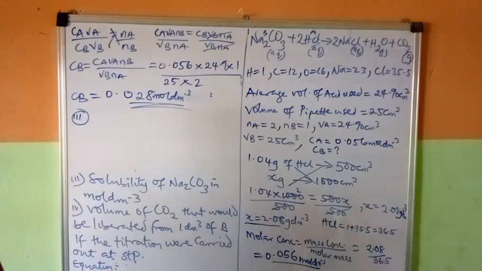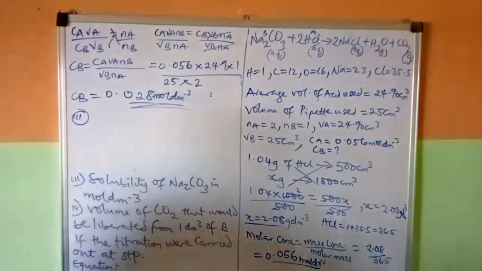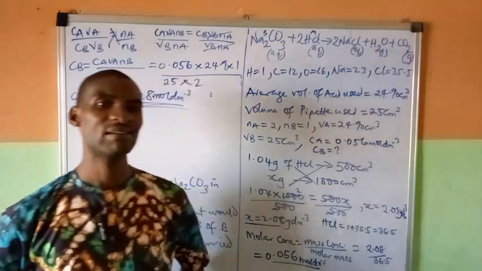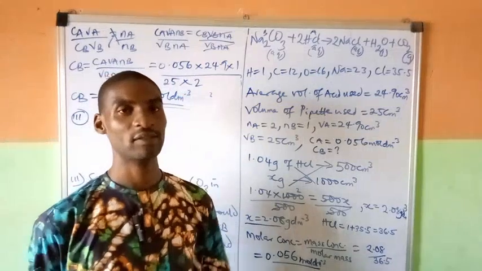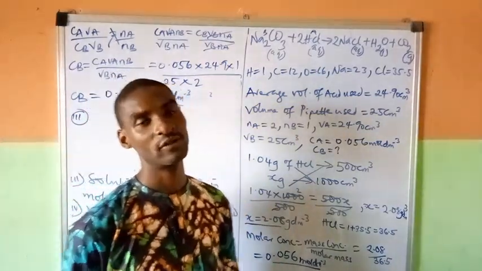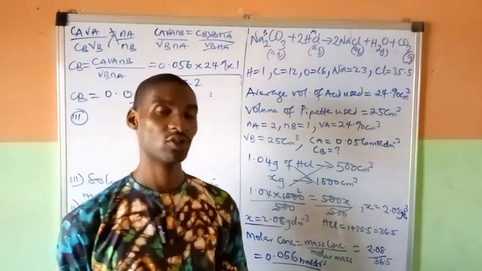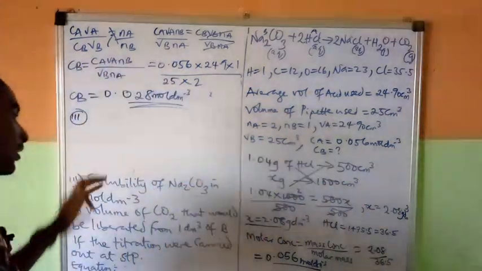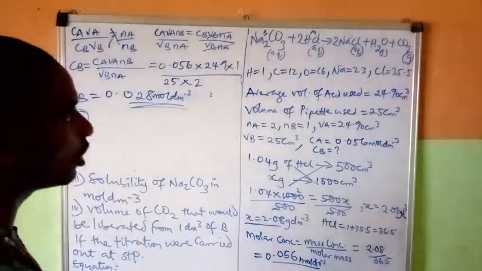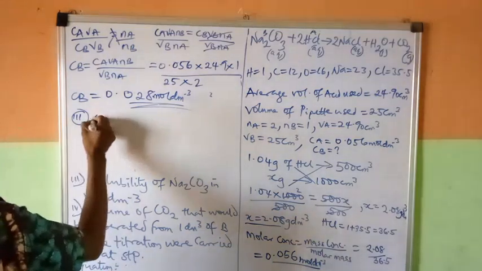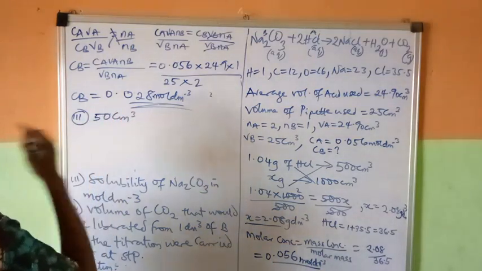Solubility of sodium trioxocarbonate in mole per dm cube. Now note, solubility is also the concentration of a substance. So if they ask you to calculate the solubility of a substance, they're asking you the concentration of that substance. Okay? Now, before we proceed, in the initial question, we were told that 50 cm cube of the acid,